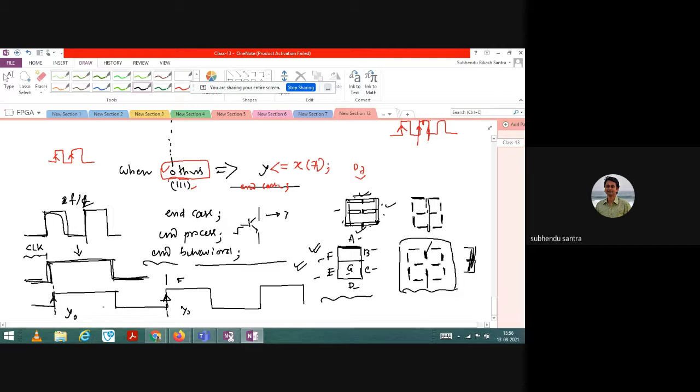Now the glitch phenomenon: whenever you are changing, let us say from 0 to 1, during this time interval your value is fixed. Y0 value is fixed, because the input is expected not to change during that time.